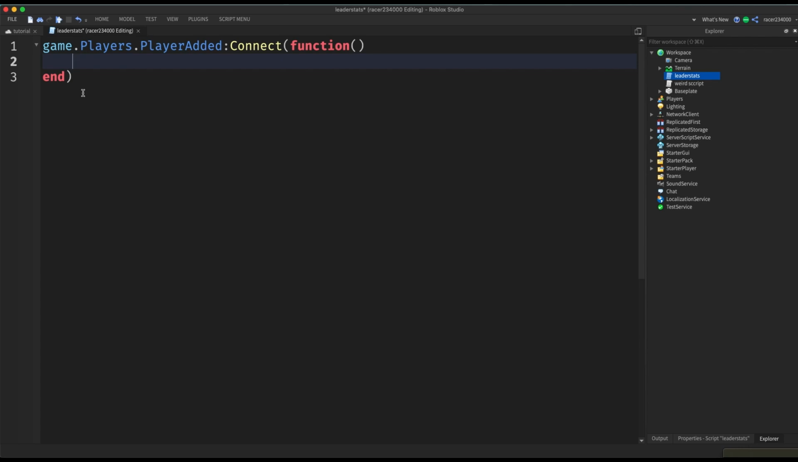Now here you're going to write local leaderstats. Now copy exactly how I write it or it ain't going to work. I don't know why, but you'll have to do it like this. So you have to copy exactly what I do, and they'll equal. Oh yeah, I forgot something. We need to put player here. Okay, local leaderstats equals